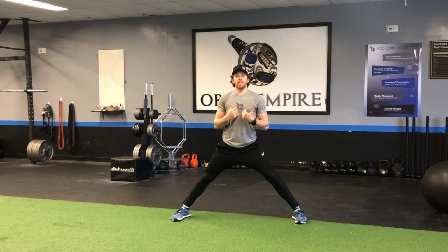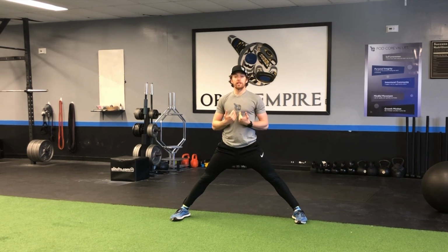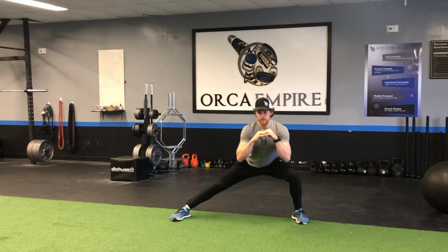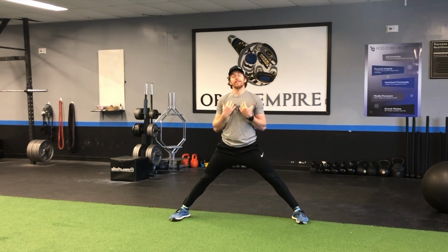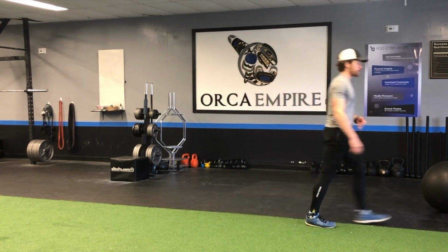And as you're going through, just keeping a strong breathing intention, strong breathing mechanics. Thinking that the top of the shoulders and the top of the head still remain that tallest point. Now, something else you can add in